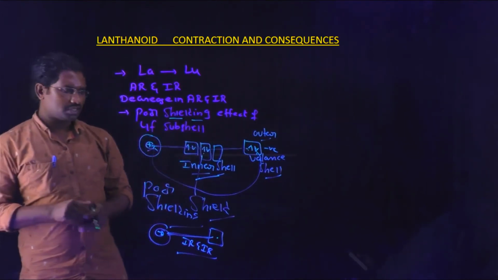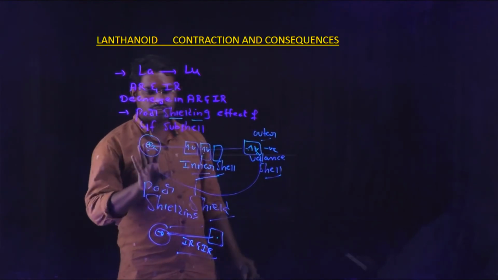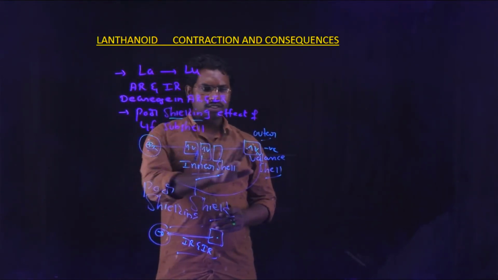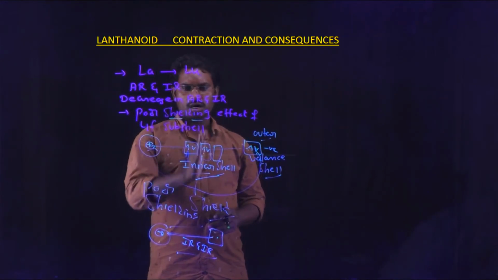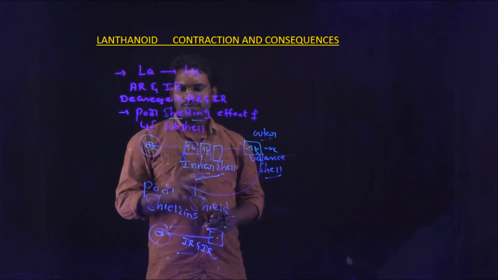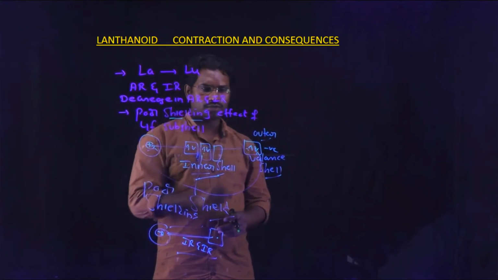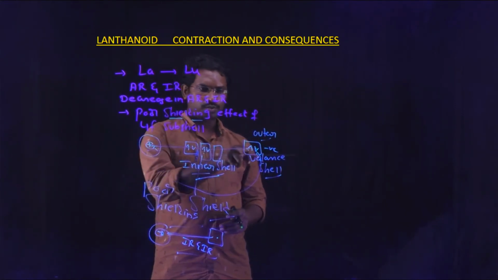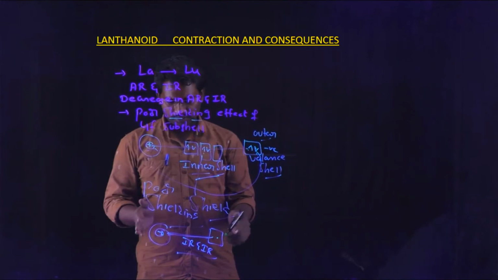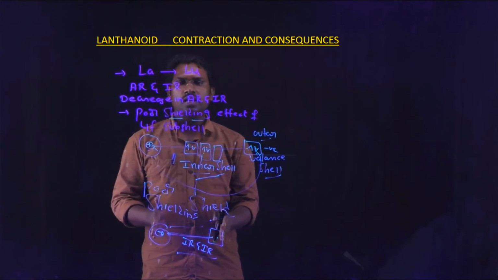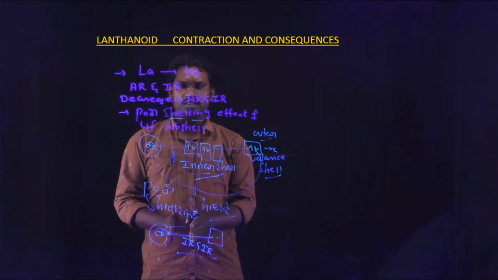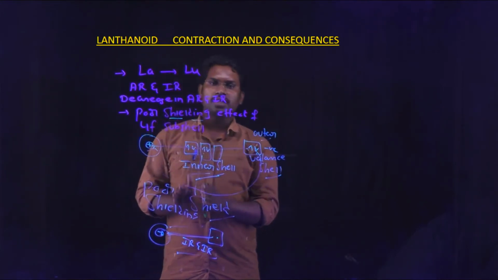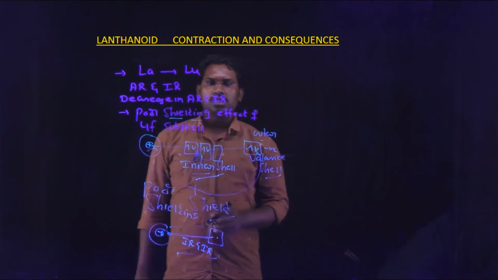Shielding effect means the inner electrons can act as a shield against the attraction between the nucleus and valency shell. Therefore, they show poor shielding effect; they do not influence the nucleus and valence shell. Therefore, the nucleus tries to pull the valence shell towards itself. The distance between the nucleus and valence shell is less, so the size of the atom will decrease. Their atomic radii or ionic radii will decrease. This is about the lanthanide contraction.